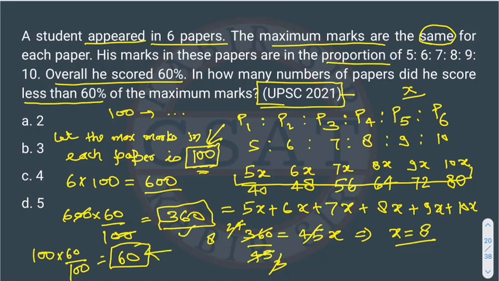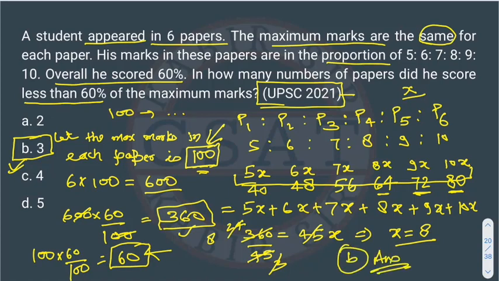So in paper 1 he is scoring less than 60 marks, in paper 2 also, and in paper 3 also. In paper 4 he is scoring more than 60, here also he is scoring more than 60, and here also. But we have to find out in which papers he is scoring less than 60. So in papers 1st, 2nd and 3rd he is scoring less than 60. So we have to tell in how many papers? 3 papers. So what is the answer? B3. So its answer will be option B,